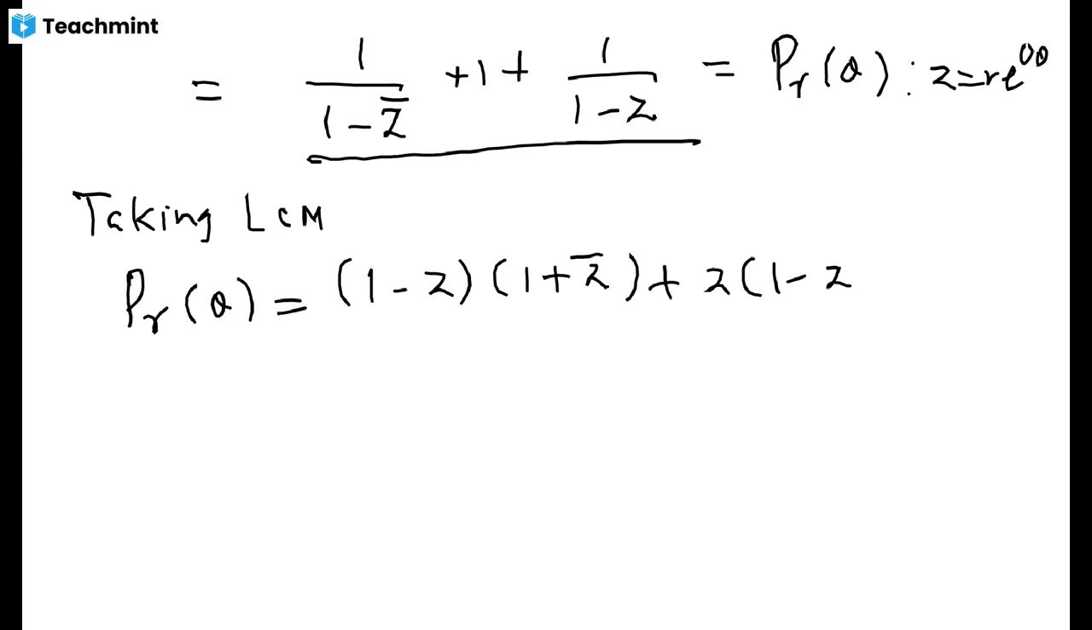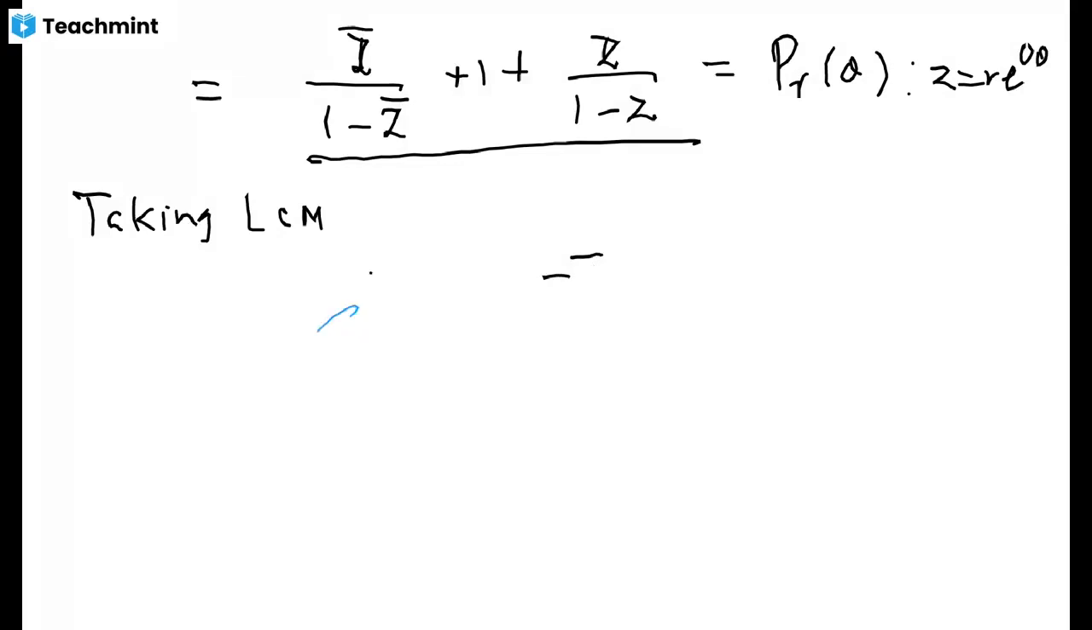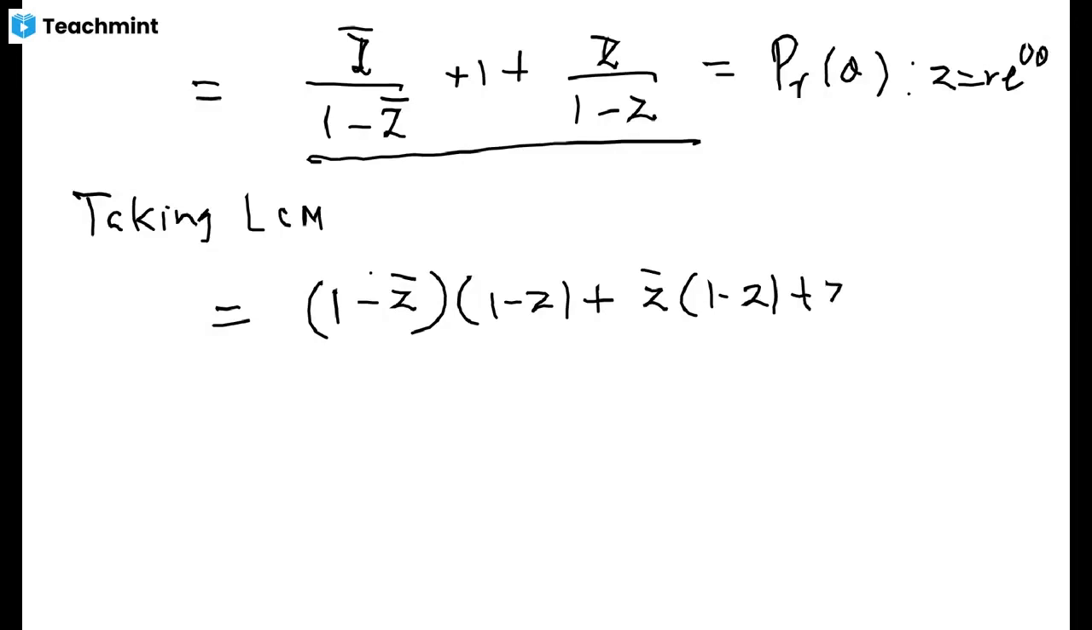Yeah, the sum of this geometric series has to be z conjugate, this has to be z. Okay, that's it. So then I have to simplify it again. So now you take out the LCM, what you will get is 1 minus z conjugate into 1 minus z, then I will have z conjugate into 1 minus z plus z into 1 minus z conjugate,